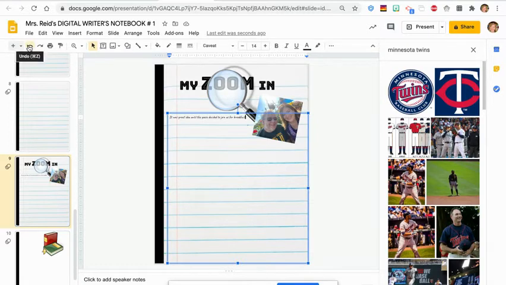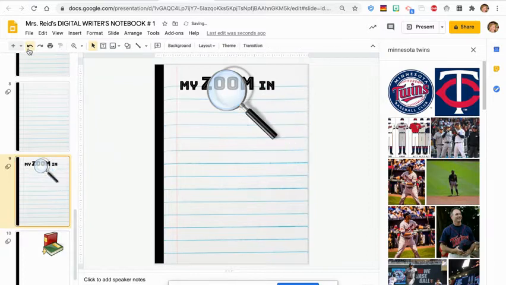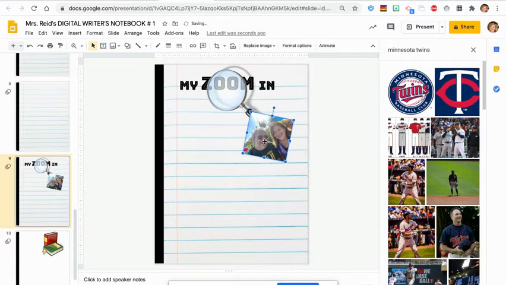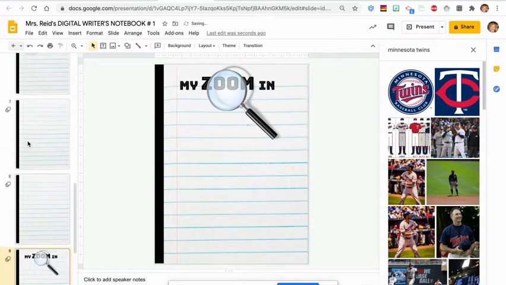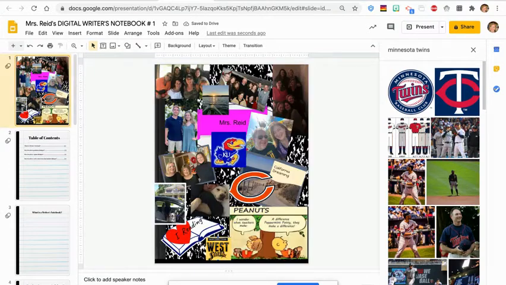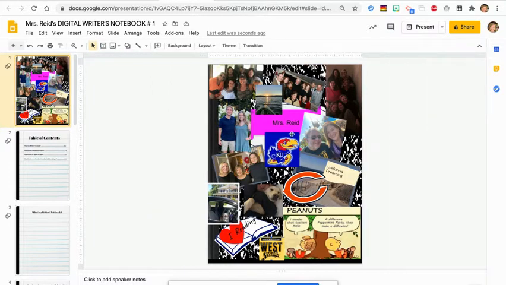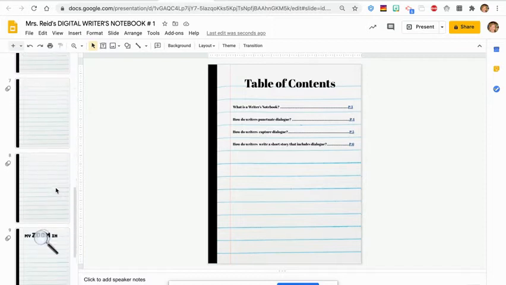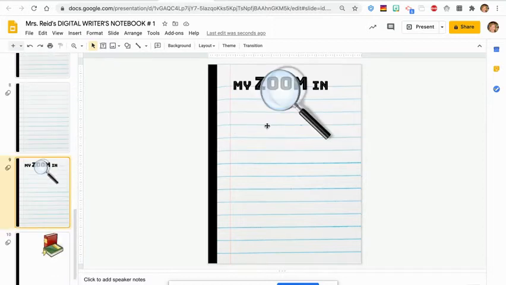Option 2 is a little bit different. I'm also going back to my cover, and option 2 is maybe I pick something that was important to me. So I'm going to pick the Jayhawks, and I'm going to control copy, go down to my zoom in, and put the Kansas Jayhawk